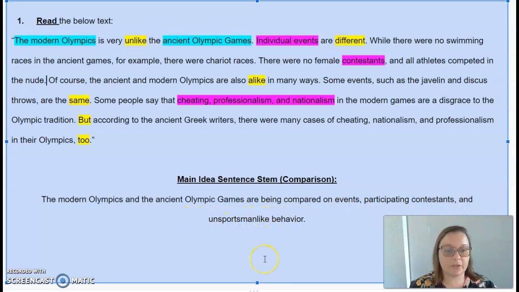So now it's going to be your turn to reflect on what you did correctly, what you did incorrectly in your original main idea statement. So in this Nearpod, if you look in the question box here, there are three different response stems you can use. You only need to respond using one of them. Use whichever one you feel like best fits what you are reflecting on and what you're thinking about.